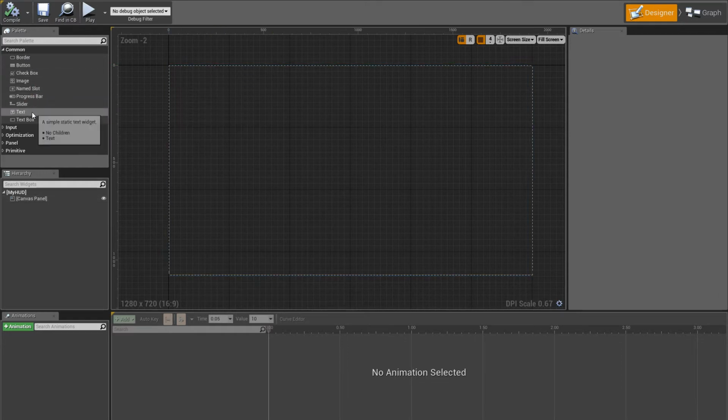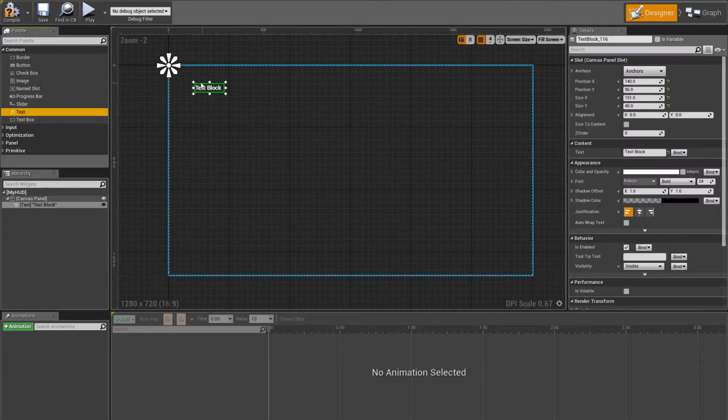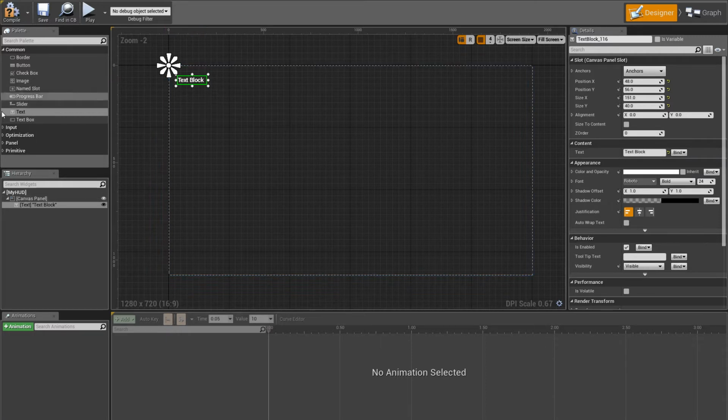So for example, I'm just gonna add a really simple UI here, and we're gonna make it dynamic with whatever you have in your game. So we're just connecting it to the speed of the third person character here. We have this text block, we dragged it from here with a left click, and if you go under the text here you can find something called bind. So if you click on it, you'll have a create binding,